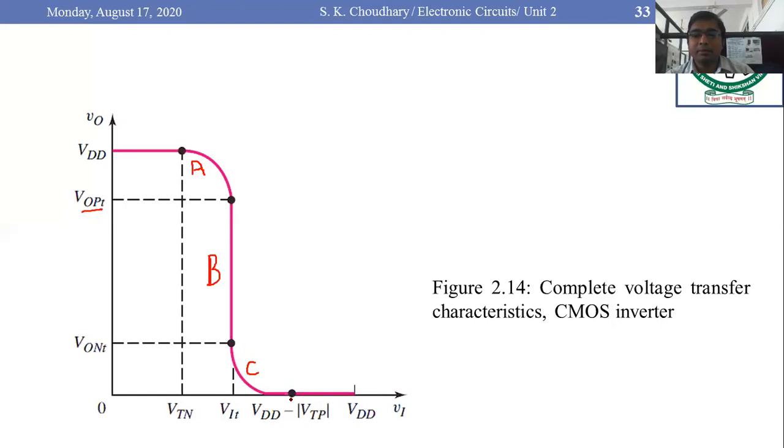And you would get this value, where the output is VDD minus VTP. And finally, you would get the output voltage 0, when Vi is equivalent to VDD, output is 0. Okay. So this is the complete transfer. You have to mention the reason of operation when your NMOS is in the saturation or when your PMOS is in the saturation. That is very much important for this voltage transfer.